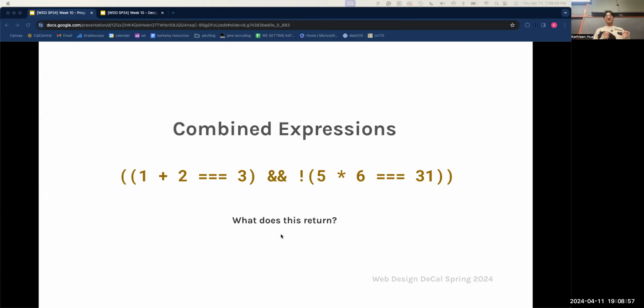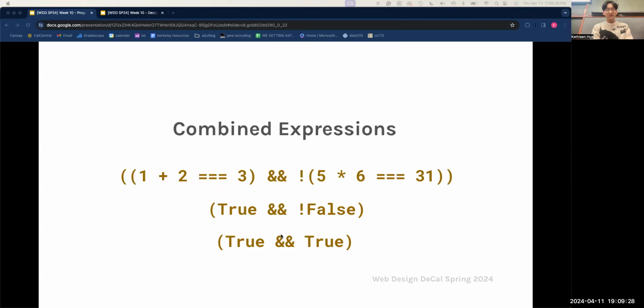So first, let's figure out what not false becomes. True or false? True. Any other votes? True. Okay, perfect. So yeah, it is true. So now we have true and true. What would true and true equal? True. Any other vote? Okay, true. Great. So yeah, we end up with true and not false, which evaluates to true and true, which is then